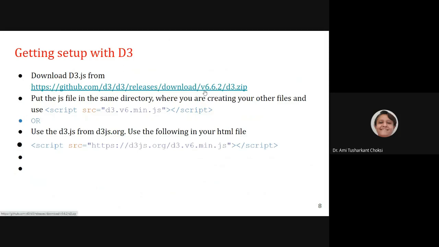Either you download this d3.zip, extract the d3.js from it and put it in the same directory where you are creating your other files, that is your project directory, and use it as script source equal to d3.v6.min.js. This is the latest version. This v6 is the latest version.